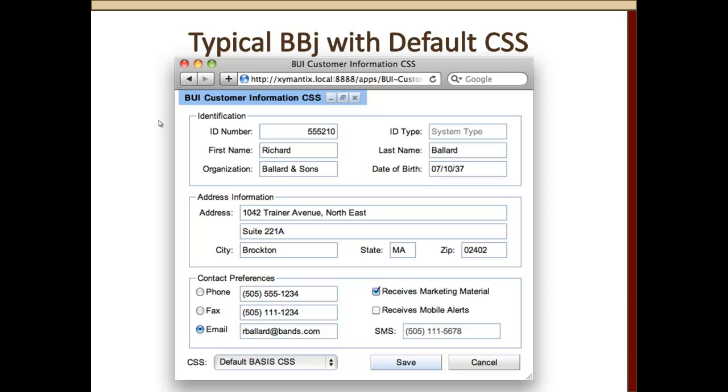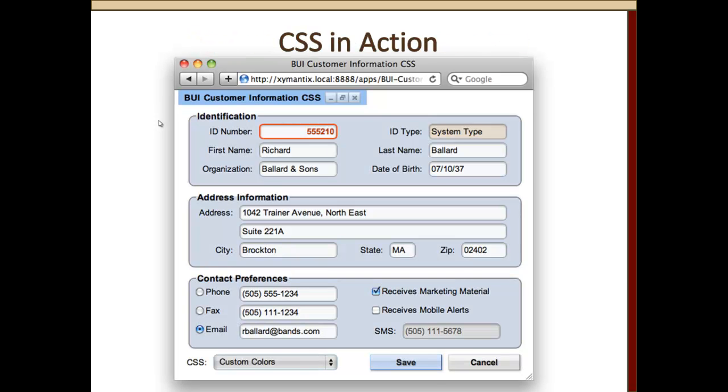So this is running, in this case, on an Apple Mac. I think this is running on Chrome. And this is the default style. So it looks as you would expect, like any desktop type application would look. But if we add some CSS, this is what it can look